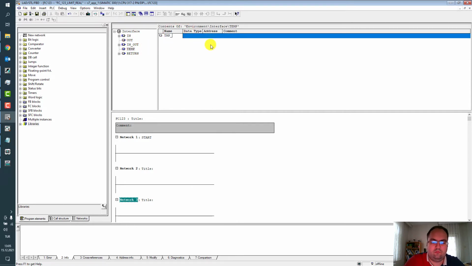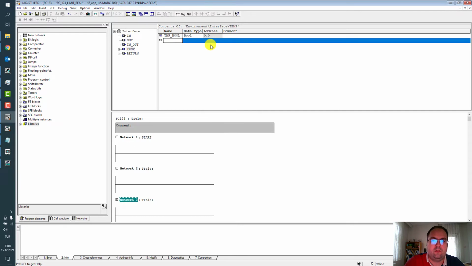It's always a good way to work with local variables. So to do that, I'm going to create some temporary variables.